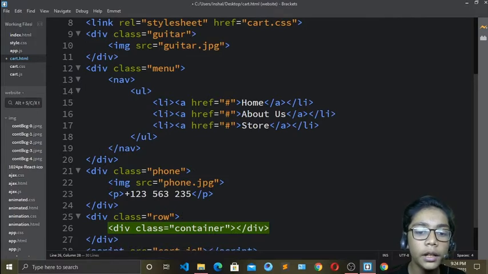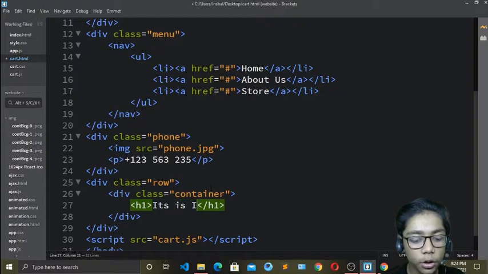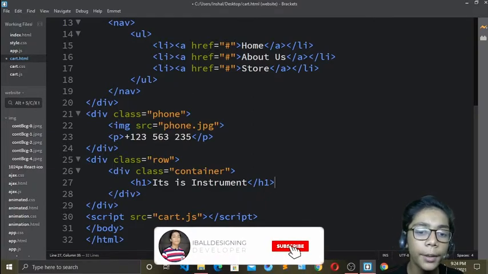Now when you have done all these things, come over here and write h1, then write another thing, which is called instrument. I'm just writing this randomly, because you can also write that. It will be coming from the Brackets text editor randomly in your Google Chrome. Like I've shown you, there was something written over there, so it will be showing another thing, because these things are coming randomly over there.